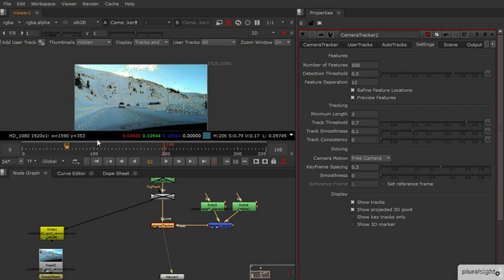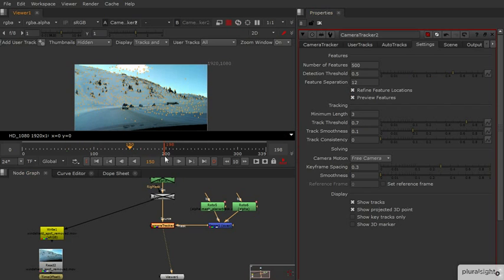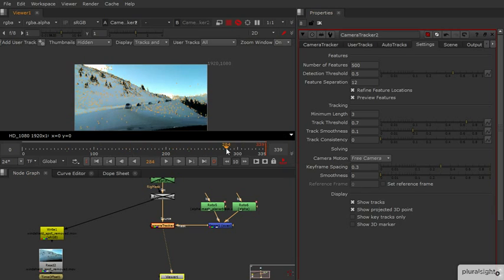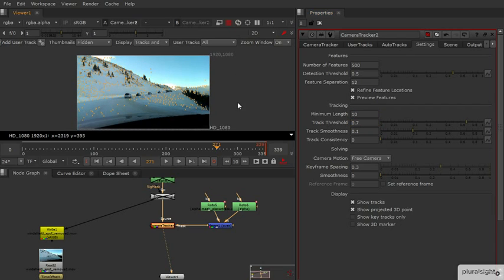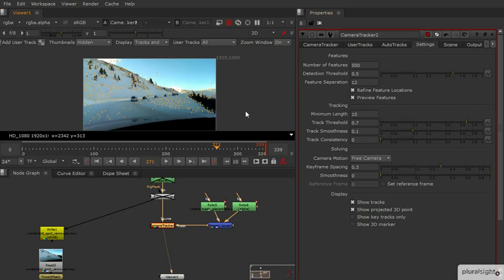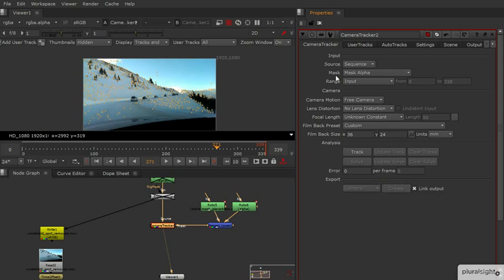And I think at 0.5, we might be clipping almost everything that would be landing in the sky. And maybe the rest of what lands in the sky would be clipped out by the lifespan when we increase this, let's say, to disregard everything that has a shorter lifespan, then, well, why not 10 frames instead of 8? Okay, so with that done, the other thing I want to pay attention to is, same as with the last exercise, we want to tell Nuke roughly what camera is being used,